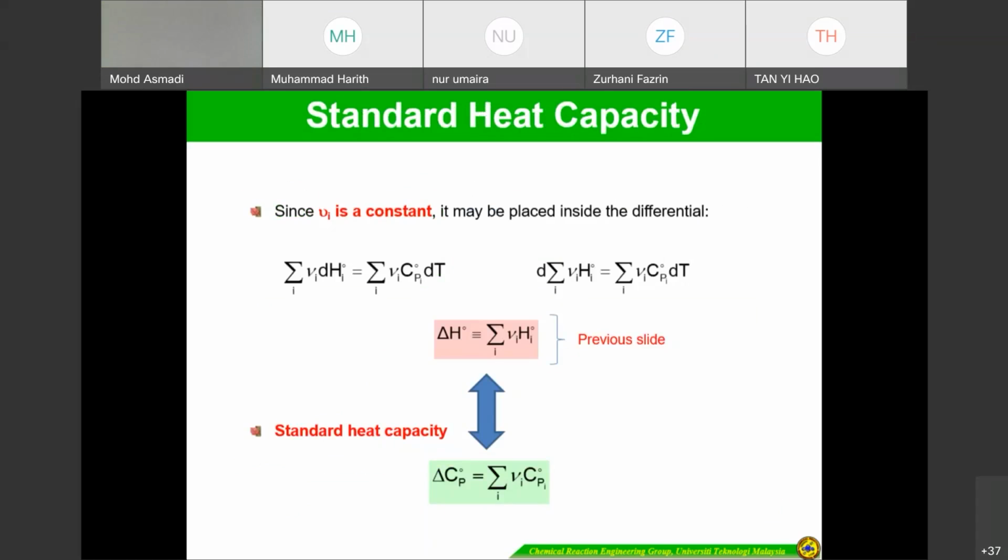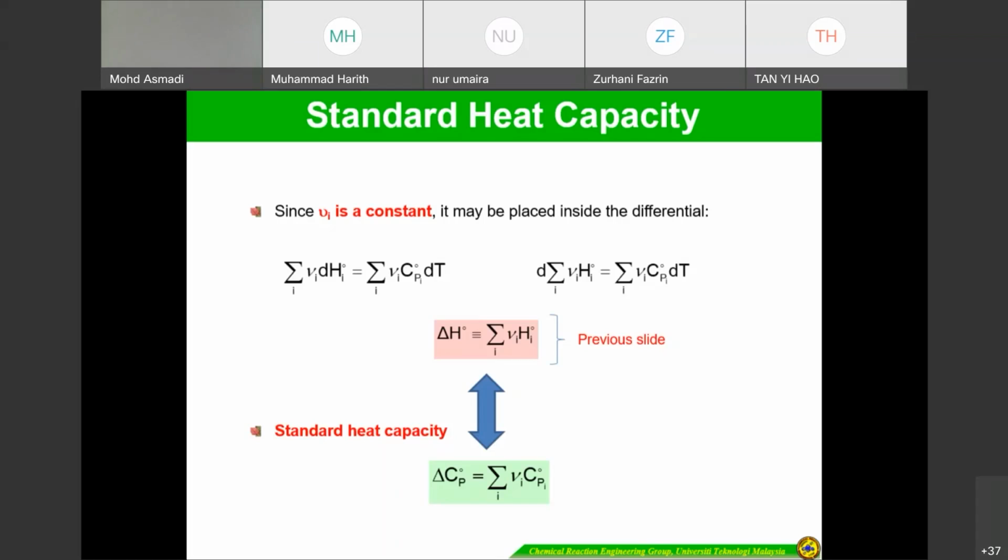Previously it was only one component, right? But when involving reactions, there are many components, many compounds. So how can we combine this, A plus B equal to C plus D? Previously, in the chapter on sensible heat,